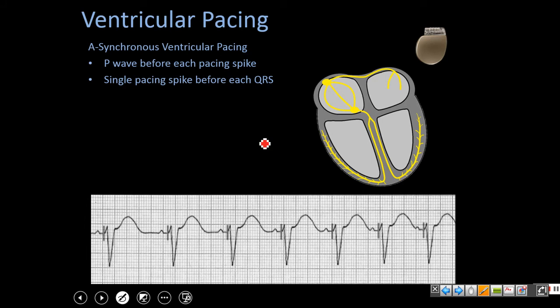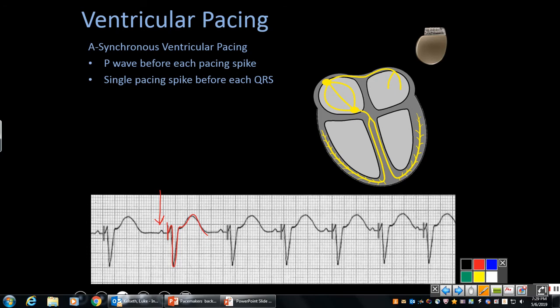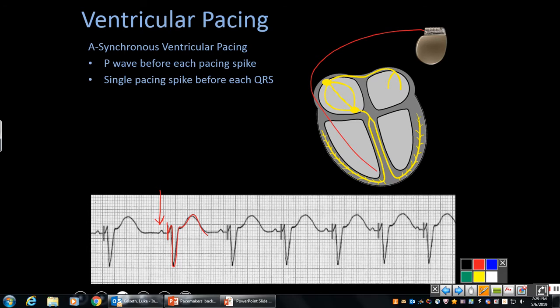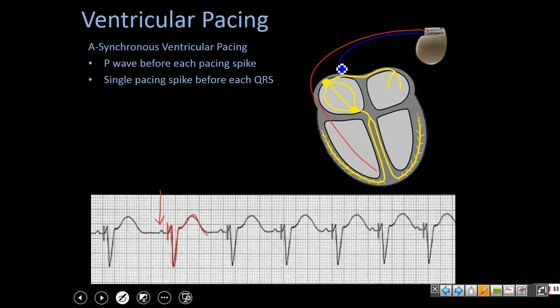Now here's another example of ventricular pacing. It just looks a little different. In this example strip below, you can see there's a P wave in front of each pacer spike, and then a wide QRS complex. In this scenario, you have a dual chamber configuration, so we have one lead positioned in the right ventricle, one lead positioned in the right atria,